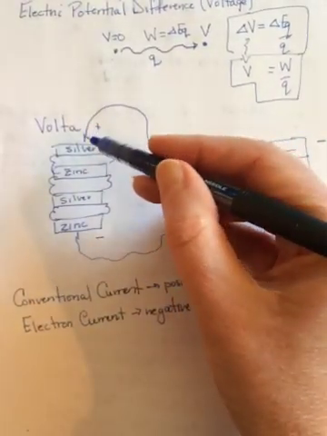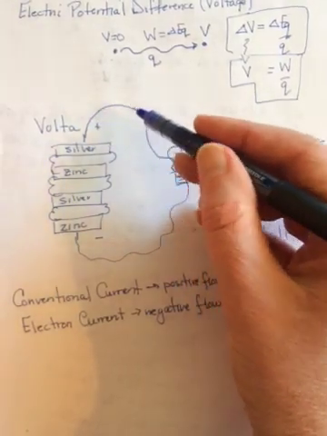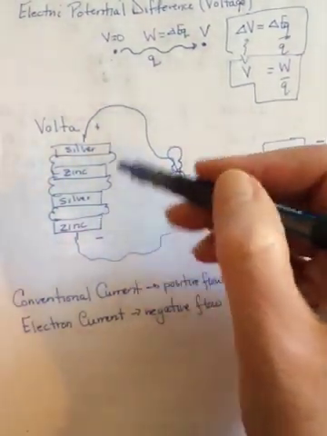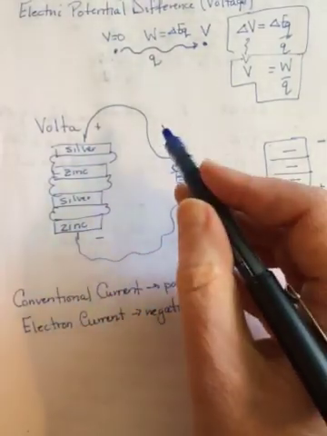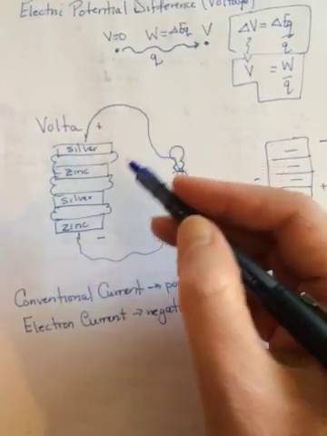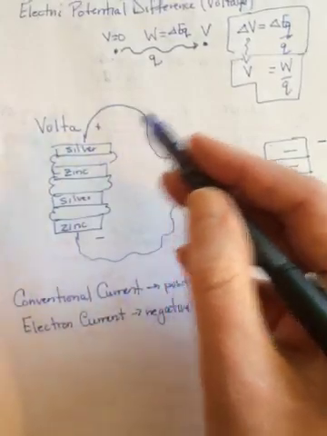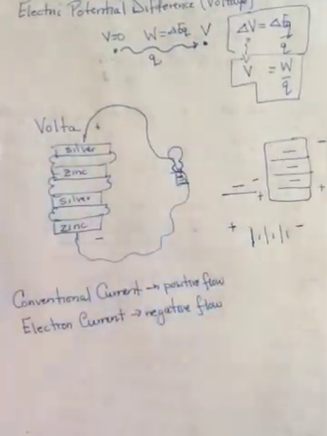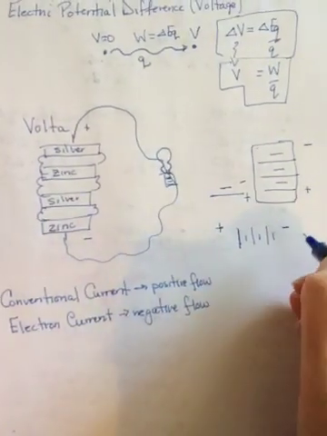It doesn't make a difference if we think in a circuit that positive charge is leaving the positive end of a battery and flowing in one direction, or if negative charge is leaving the opposite end of the battery and flowing in the opposite direction. In the end, the math is the same and the result is the same, because there's two flips, one in direction and one in sign, and so it makes everything work out the same. So I'll always have the current coming out of